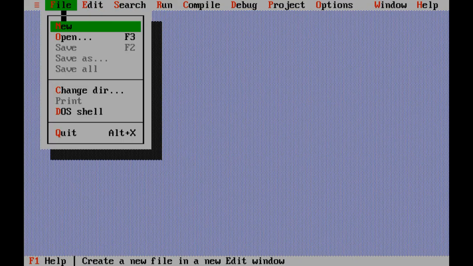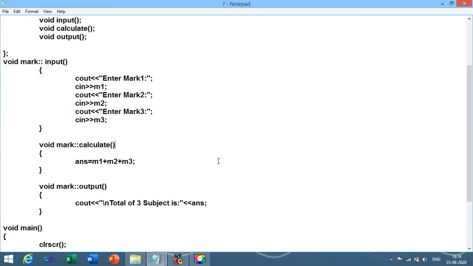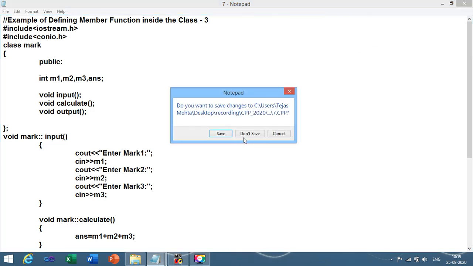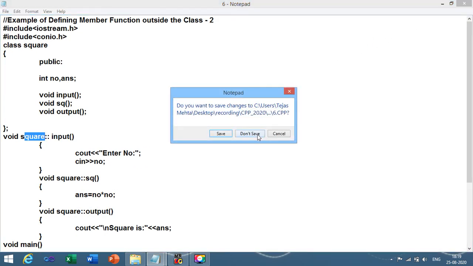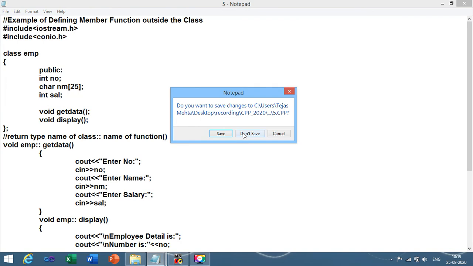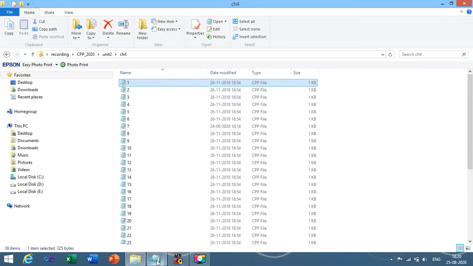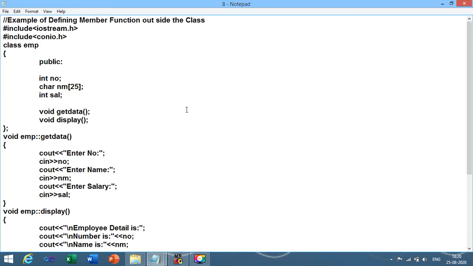Let me share the notepad file regarding today's session, defining member function outside the class. This is the first program related to our today's topic.